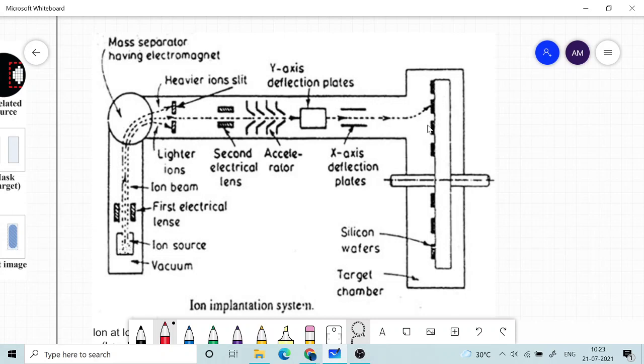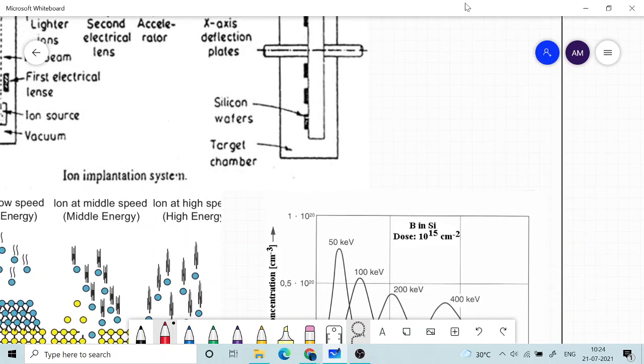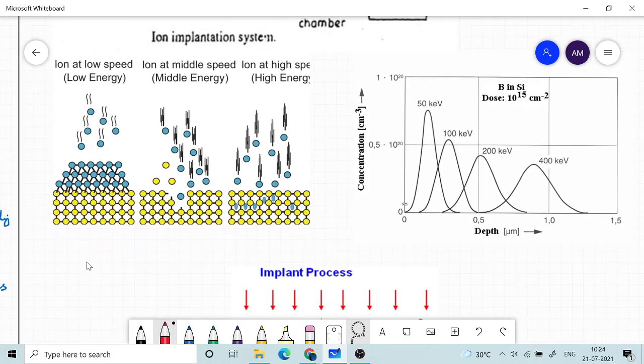So without rotating and keeping the chuck in a single position, you are able to cover the doping for a particular region here, okay. So after that, you need to irradiate for some period of time and with some dose. Dose means the flux, how many ions are coming in per second, and the second parameter is the energy of this ion. This will decide the way the doping is going to happen. So here you can see the different energies.